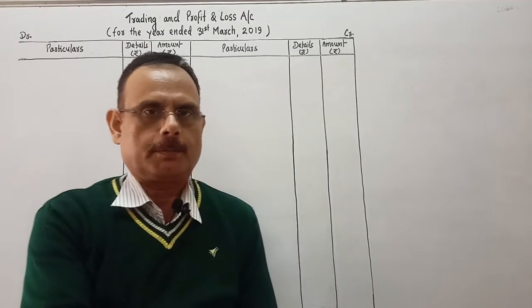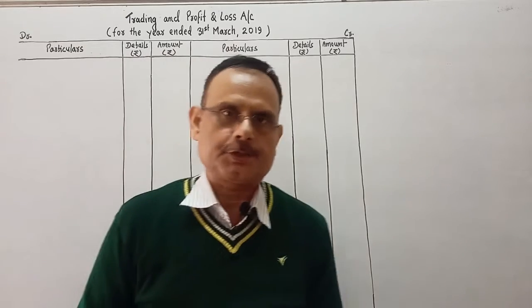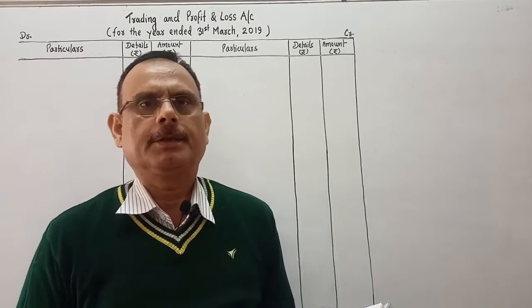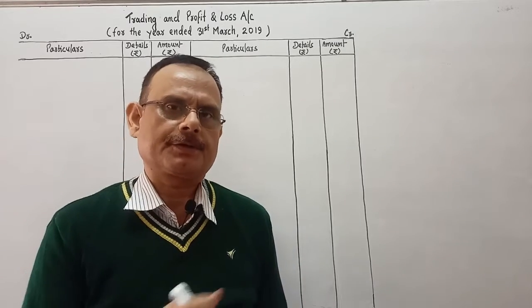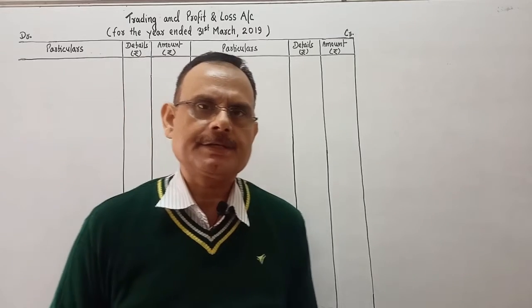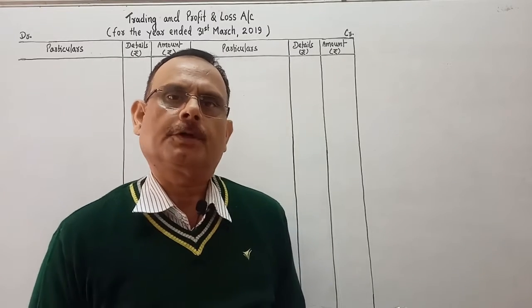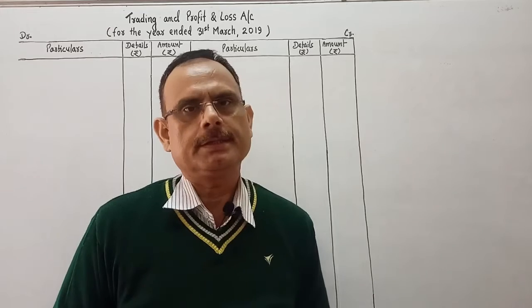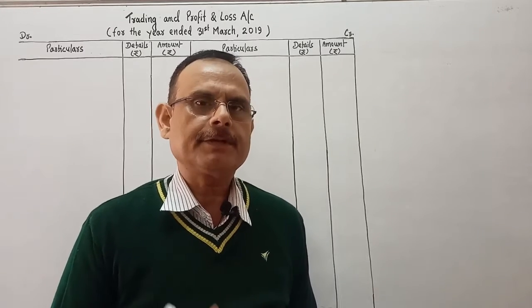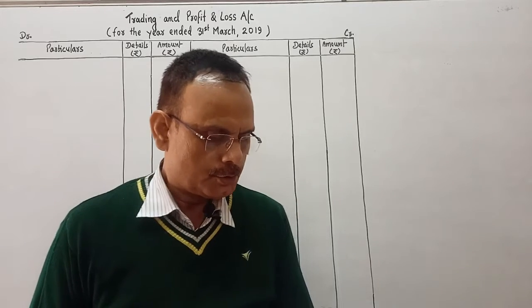Now we will solve the problem of financial statement with adjustment. We have discussed so many adjustments in the previous topic, around 18-19 adjustments. After that, now we will solve the problem. So note down the question first in your paper, and thereafter you see how this question is going to be solved. So the question is,